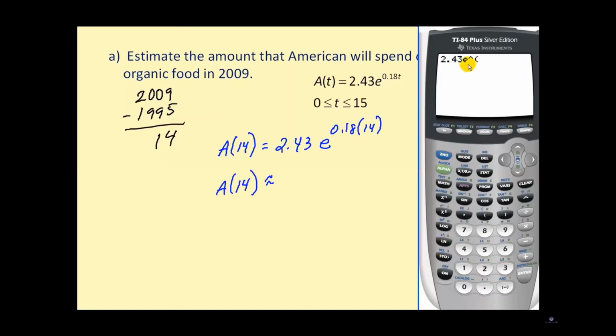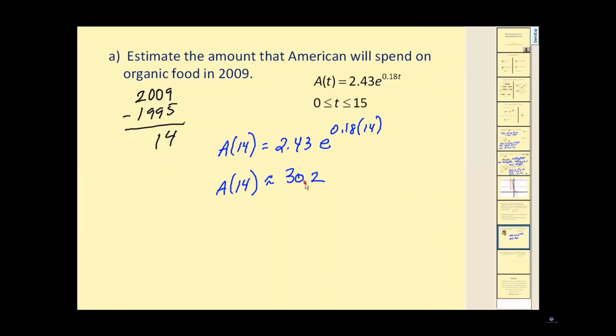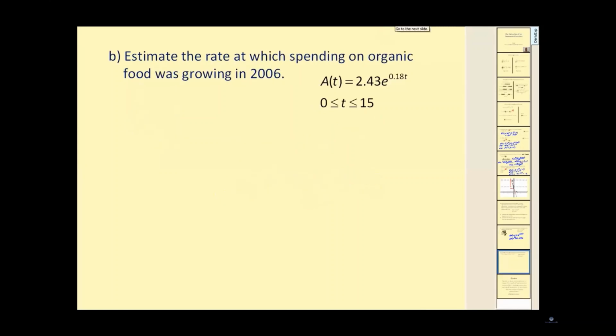Second natural log brings up the base e. We have approximately 30.2. Now, if you recall from the question, it was $30.2 billion. A of t was in billions. And the last question,